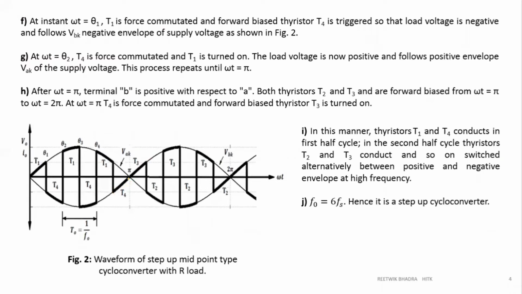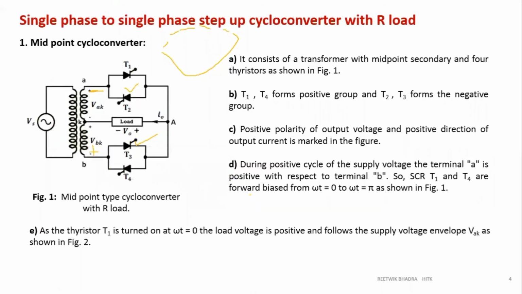After T4, which is a negative cycle, we want to get a positive cycle over here because it is a sine wave. After negative, there will be a positive cycle. So after a positive cycle, what should my cycle be? Positive. Means after a negative cycle, what should my cycle be? It should be positive, right? So in order to get a positive cycle, which line should it follow? It should follow this dotted line. Previously it was over here, right? Then it should go along this dotted line to be positive.